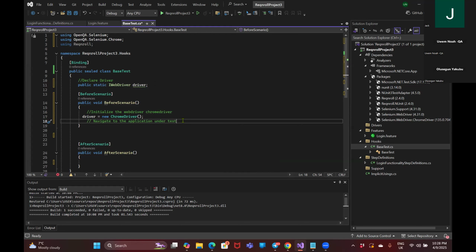So how do we now navigate to that application under test? That is the line of code, or the syntax, that we want to write now. So click enter. It's because of this method that I'm asking you to write it out. Otherwise, there's no point writing all those comments or explanations. So to navigate to my test environment, you now say driver dot. Your line 18 is what I want to explain to you. So driver dot